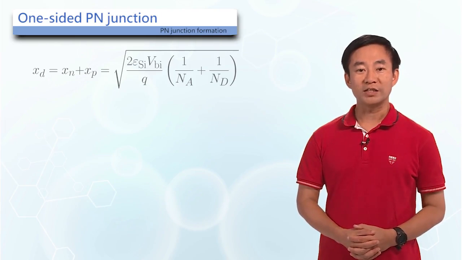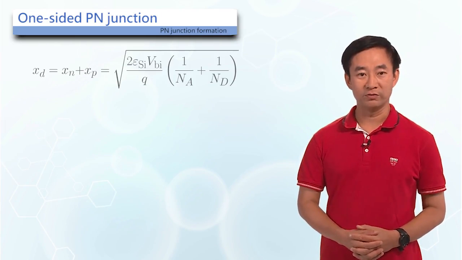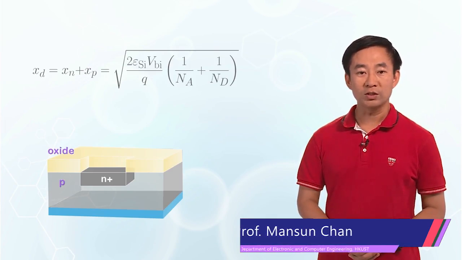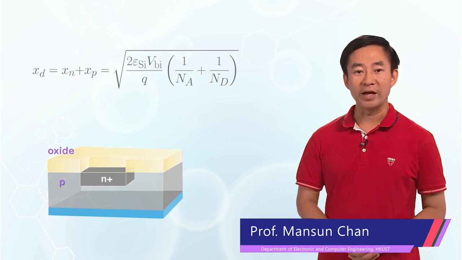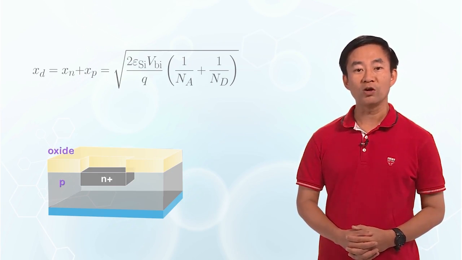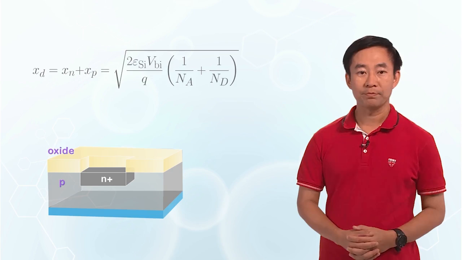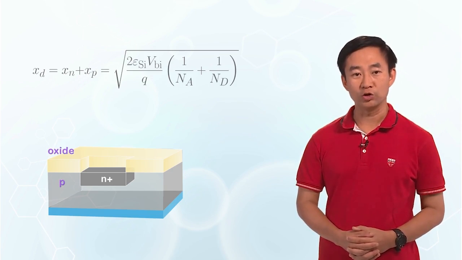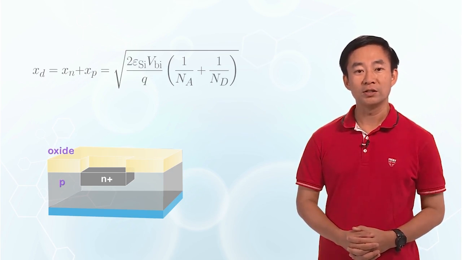Sometimes we find this expression is still not simple enough. In practical applications, the doping on the two sides of the p-n junction are usually asymmetrical. It is because a p-n junction is usually obtained by counter-doping one type of material to convert part of it to the opposite type. The counter-doping is usually done with much higher doping concentrations than the existing dopants to minimize